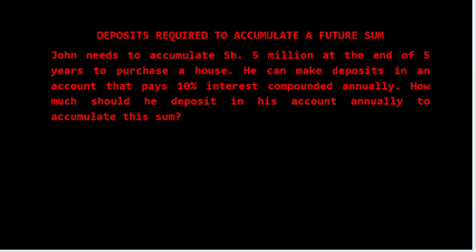Maybe you want to buy a car in 5 years' time that is going to cost you 10 million, or you want to buy a house and you want to determine how much savings you ought to do every year to save the amount required for you to buy that asset. That is what we call deposits required to accumulate a future sum, and that is what I am addressing in